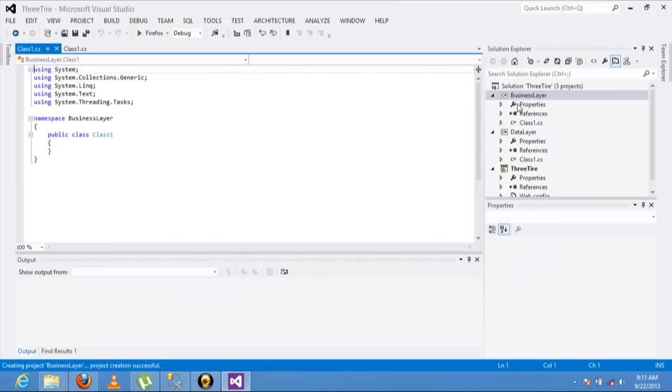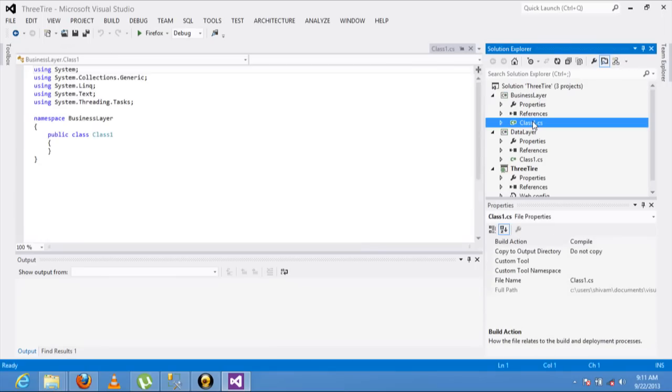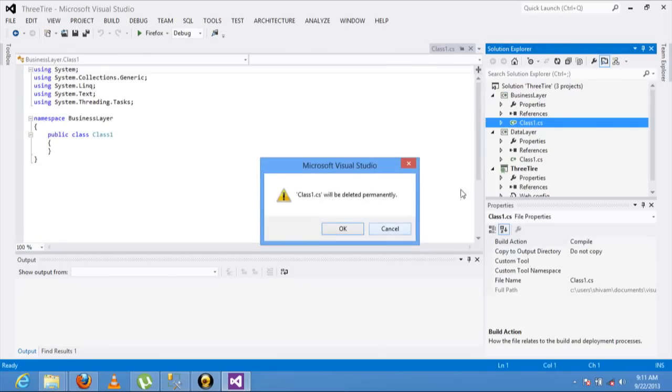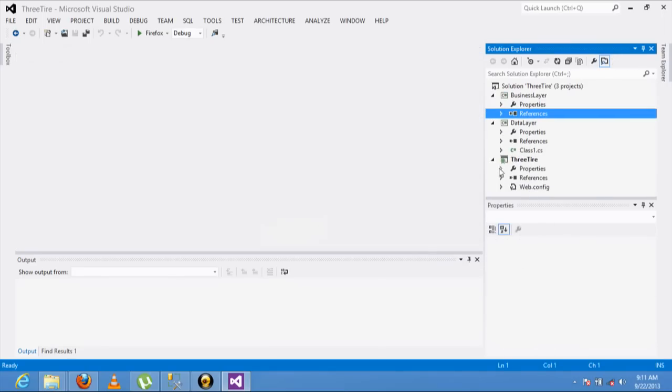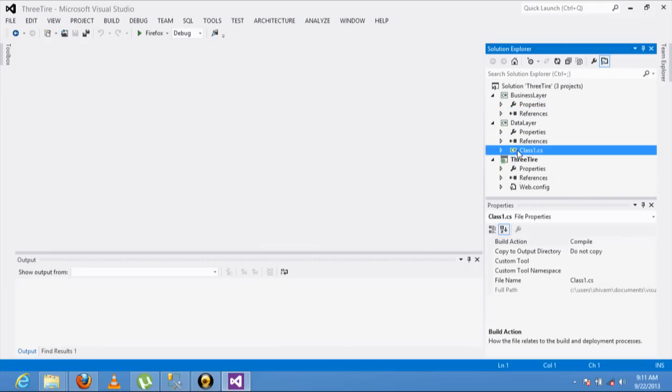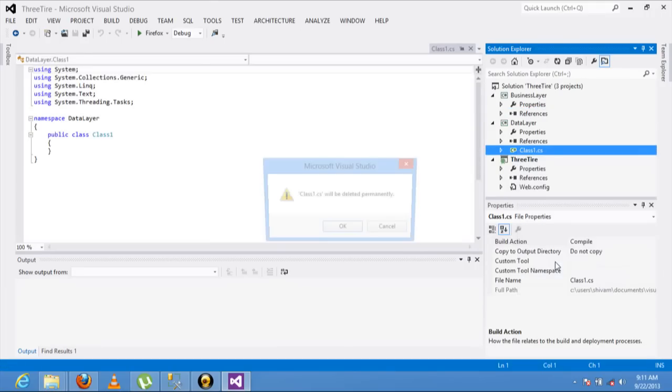Now, I don't need Class1, so let's delete it, and I also don't need this class.